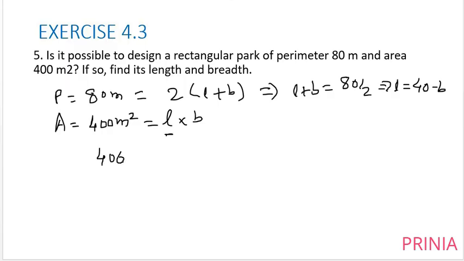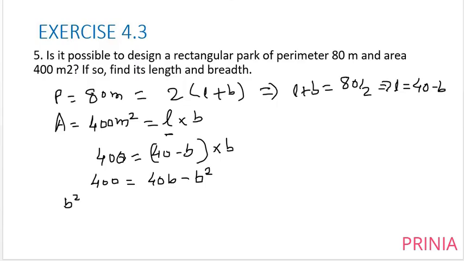So I will put that length over here: 400 is equal to 40 minus b multiplied by b. So I will get the quadratic equation 400 is equal to 40b minus b square. If I rearrange it, then b square minus 40b plus 400 equal to 0. It will give us this. So here a is equal to 1, b is equal to minus 40,